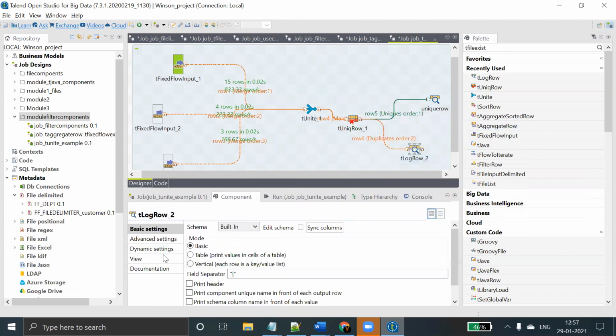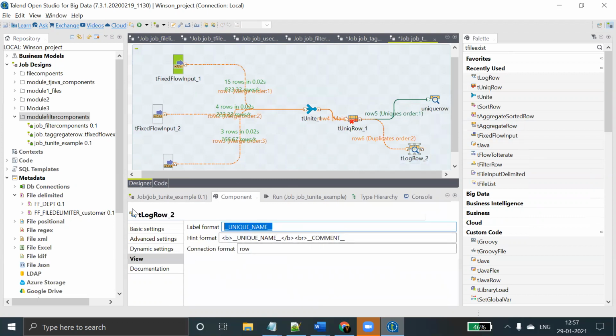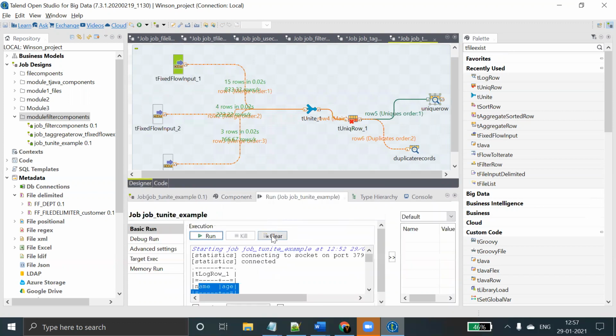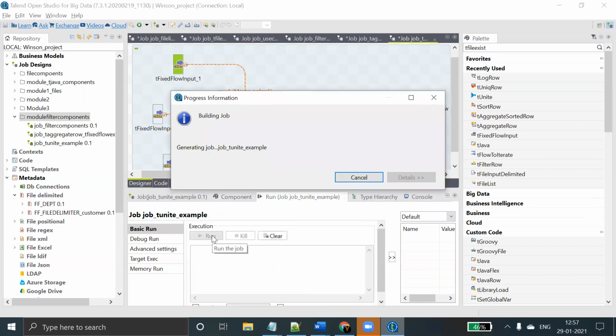These are the duplicate records. Main records. Okay, I'm just renaming. Here I'm just displaying in table format. Here also I'm displaying in table format. Just clear and run it.